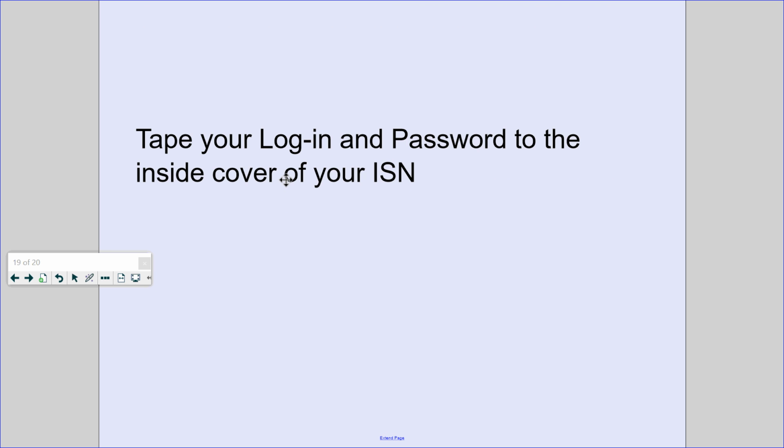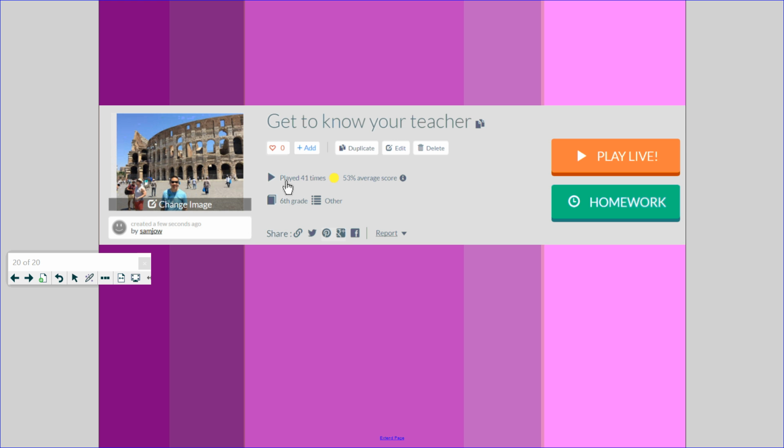You're going to number it, and today you will be getting your login and password. If I'm not mistaken, your Katy login and password is completely different from elementary school. In theory, this is the same login and password you should be keeping for 6th, 7th, and 8th. And then in 9th grade, you have the possibility to change your password to your own liking. And then we're going to do